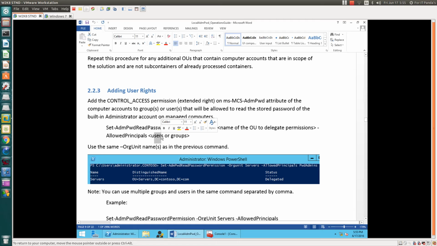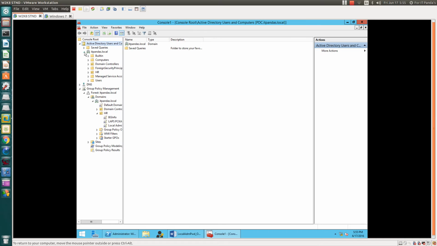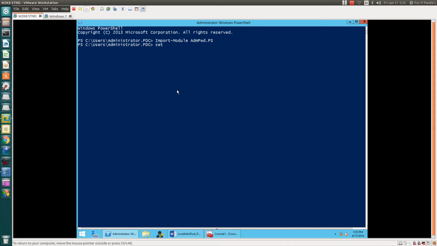In our case we want to allow admin to read the password for our HR organization unit computers. So for this OU, let's type Set-AdmPwdReadPasswordPermission, organization unit called HR.